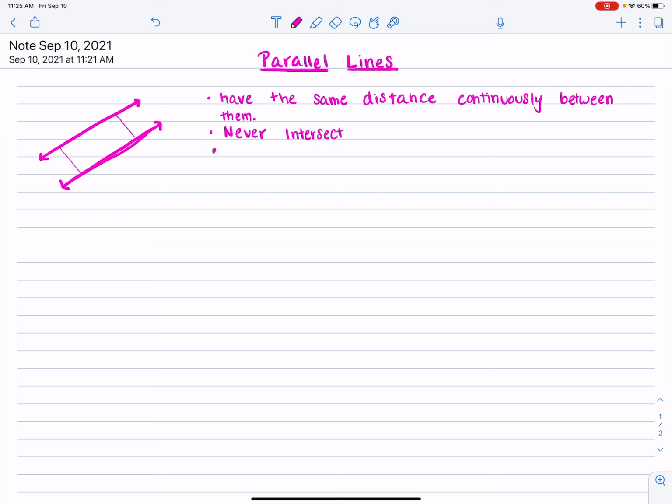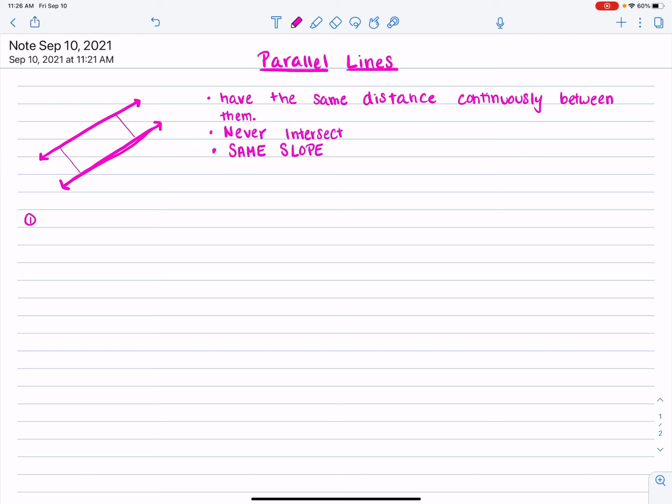And the most important thing is you need to know that two parallel lines have the same slope. So it was important that we talked about slope yesterday so that today you can apply that to finding the slope for parallel lines. So just as a refresher,